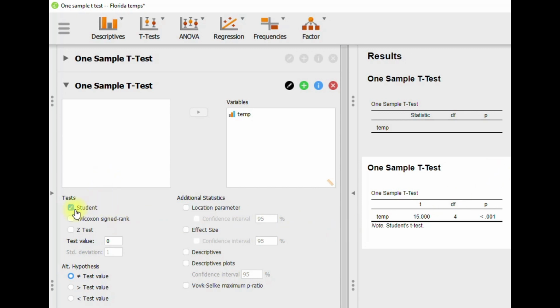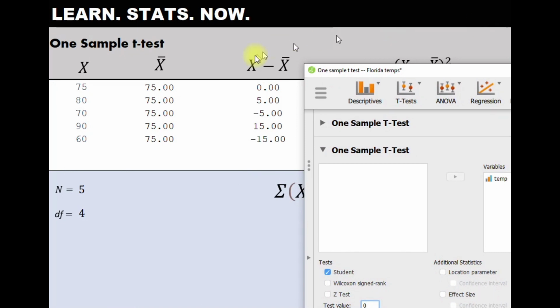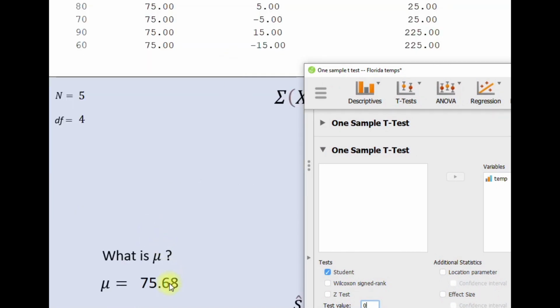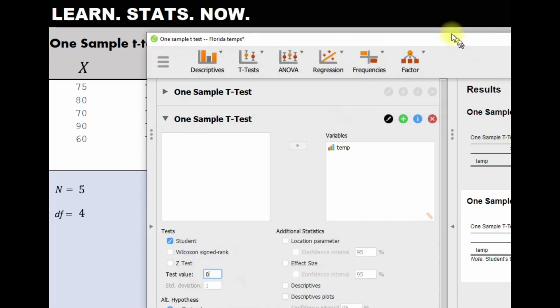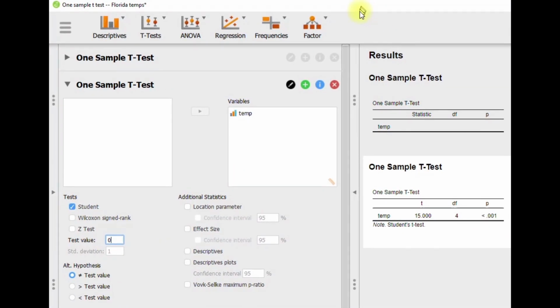So when we come down to these selections, we're running a student t-test, that's fine. And then it says test value right here. If you see test value, it's set to 0. We don't want it set to 0. In fact, we're going to go back, and again, let's take a look. What does our population mean? 75.68. That's what's meant by the test statistic. It's just the population mean. So I'm going to enter that in